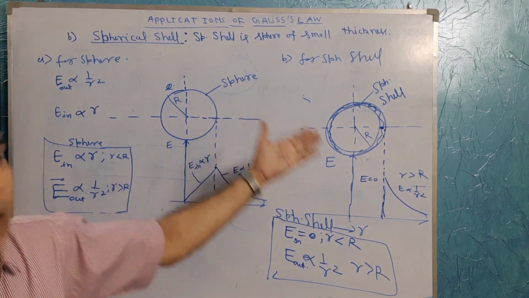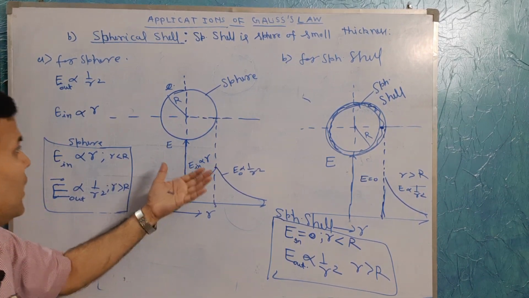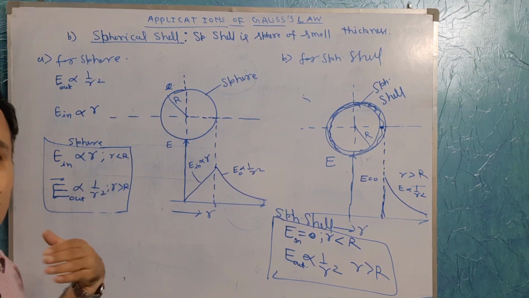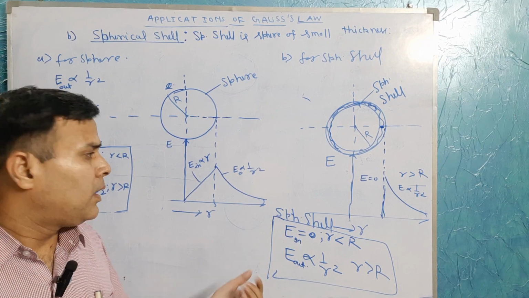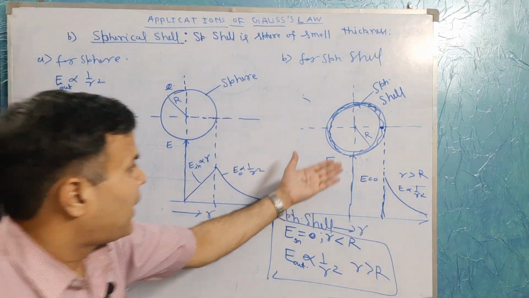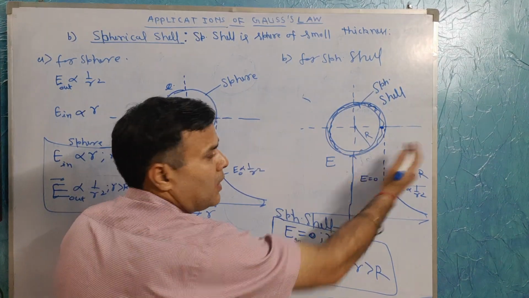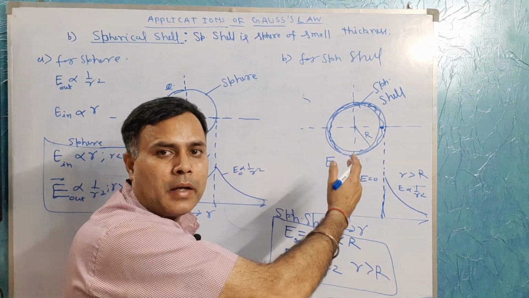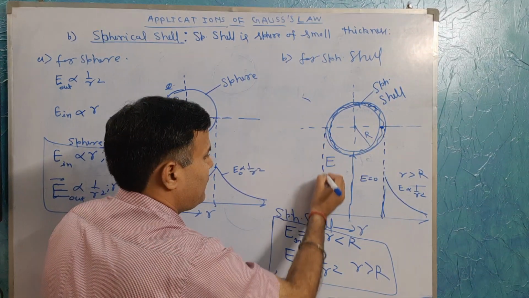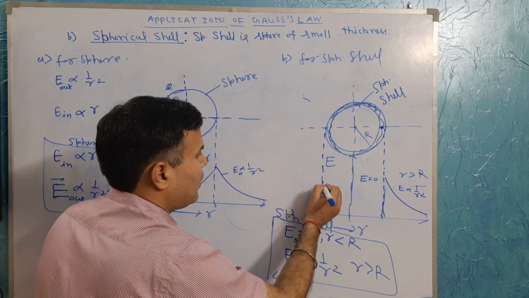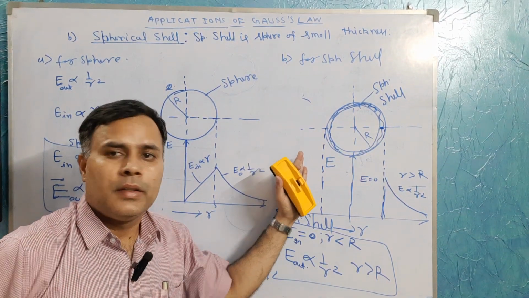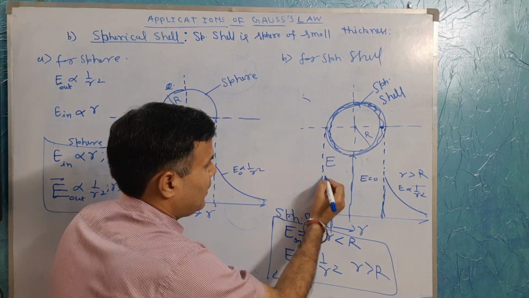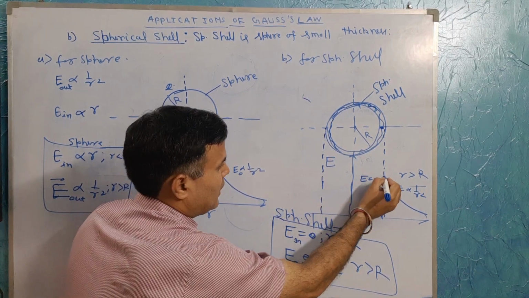We can compare the result, and we can say that this is simply the graphical representation of the variation of electric field with distance. And let me write, this is the half part of the sphere. If you draw the other half, you will get the complete profile, because this side is just the mirror image of this side. So if this is the center,